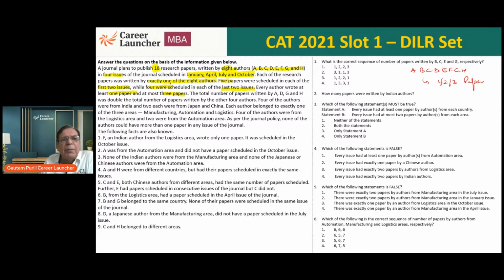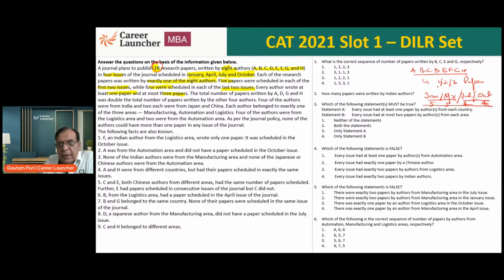These papers will be published in a journal whose issues will be there in January, April, July, and October. So the journal will have 4 issues and these papers will be published in one of these 4 issues. The first 2 issues, January and April, will have 5 papers published. July and October will have 4 papers published. So there are a total of 18 research papers, 5 each in January and April, 4 each in July and October, written by these